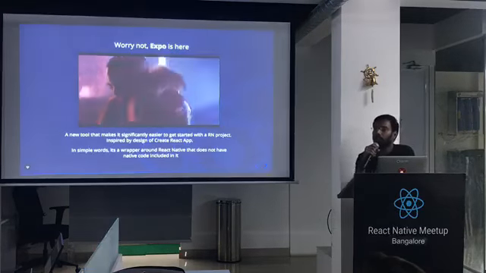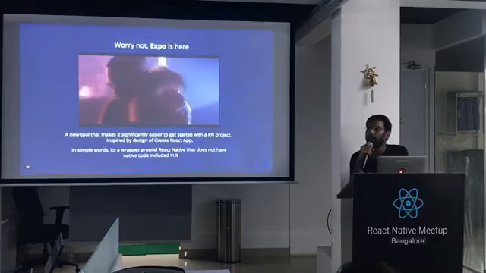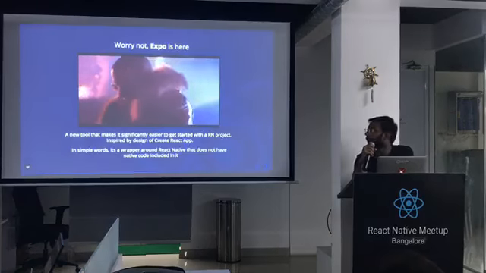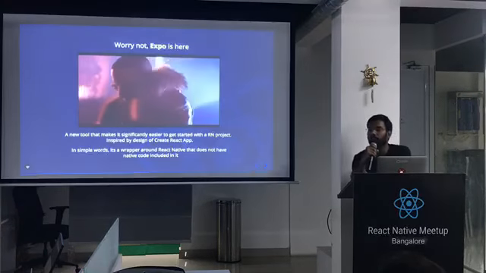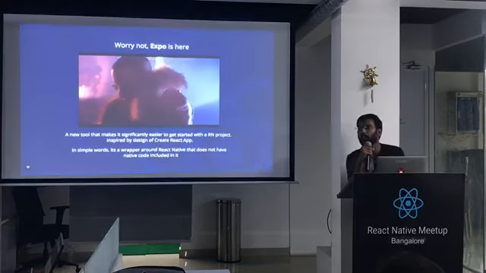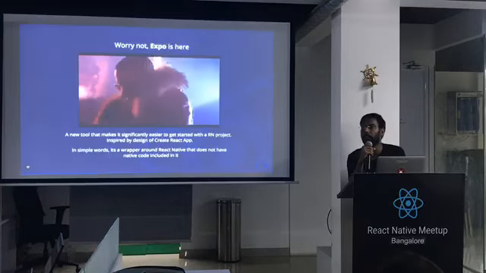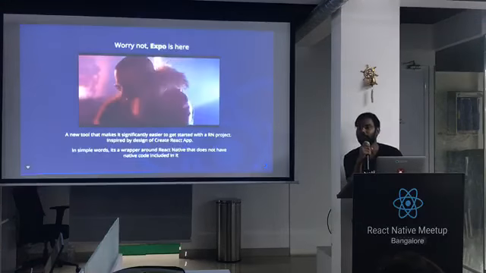Expo is a wrapper over React Native. What it does is it hides the native modules and gives you all the bridging libraries inbuilt. Like Facebook is one of the greatest systems that we use in most of the apps for signing in and logging in. So the basic part is we used to sign in. Then in React Native or in native modules, we have to do a lot of things. In React Native it is 3 hours of pain for a normal developer, and in native I don't know because I haven't tried.